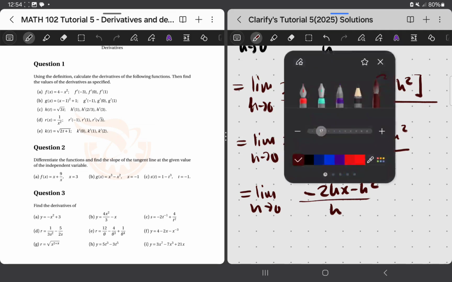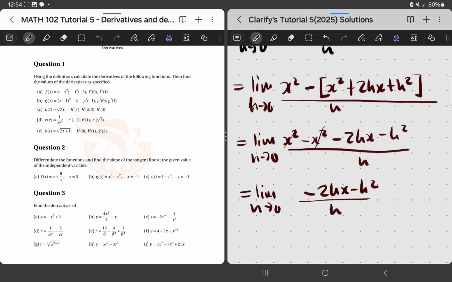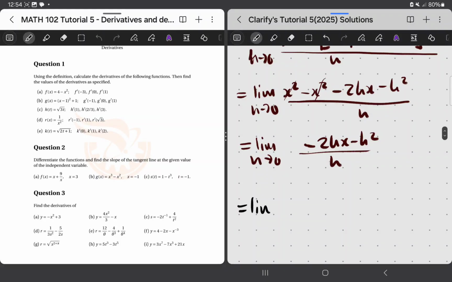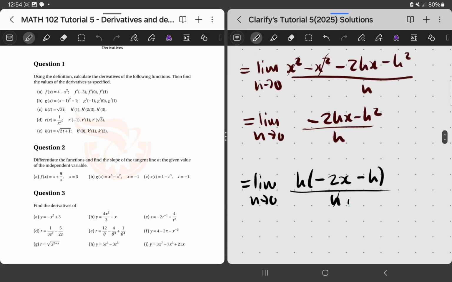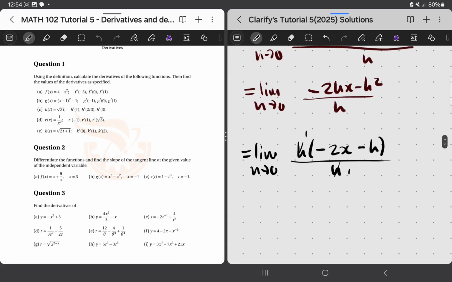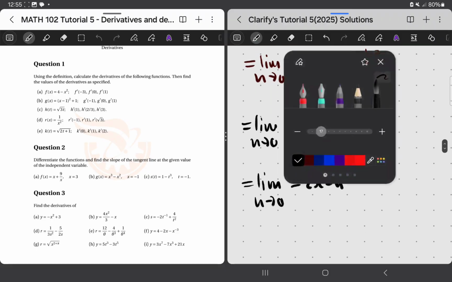Then what do you do when you're at this stage? You factor out h because these two terms have an h. So it's going to be now the limit as h goes to 0 of, you factor out h, you remain with negative 2x, then minus an h only because it was h squared, then it's all over h. Then this h into h is 1, into this one is 1. You cancel softly with the pencil so they see what you had done. It now becomes the limit as h goes to 0 of negative 2x minus h,